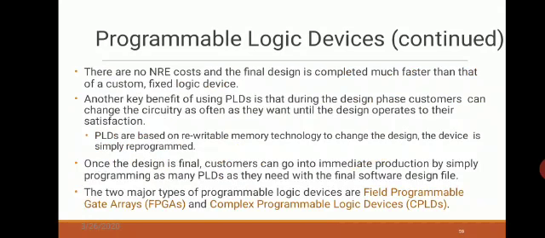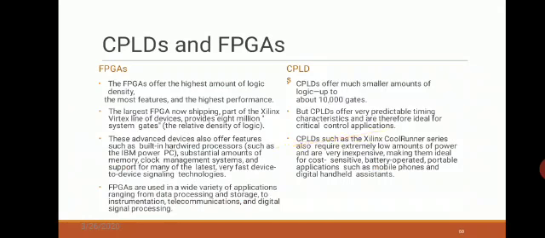So the same FPGA kit comes under the type of PLDs. Another type of PLD is the complex programmable logic device. Now let us see what are the differences between the FPGA and CPLDs. The FPGAs offer the highest amount of logic density. So they have more number of gates.